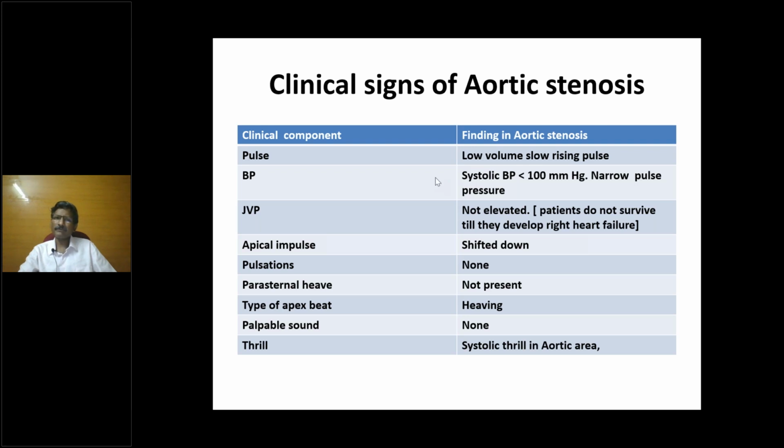And BP, the systolic BP goes down. So we call it as systolic decapitation. Okay, the systolic BP actually goes down. In severe aortic stenosis, many times it will be less than 100. It will be something like 90 and all. Okay. So pulse pressure will be narrow. So it will be like 90 by 70. So the pulse pressure is only 20.